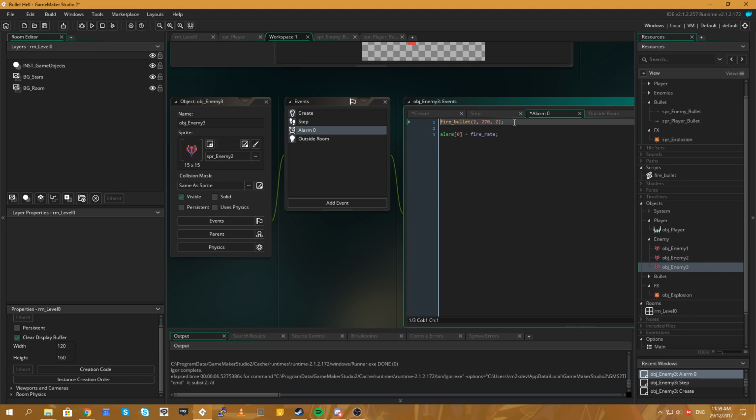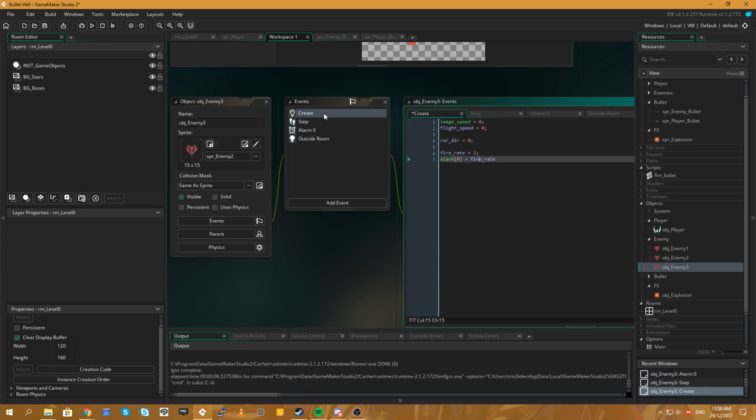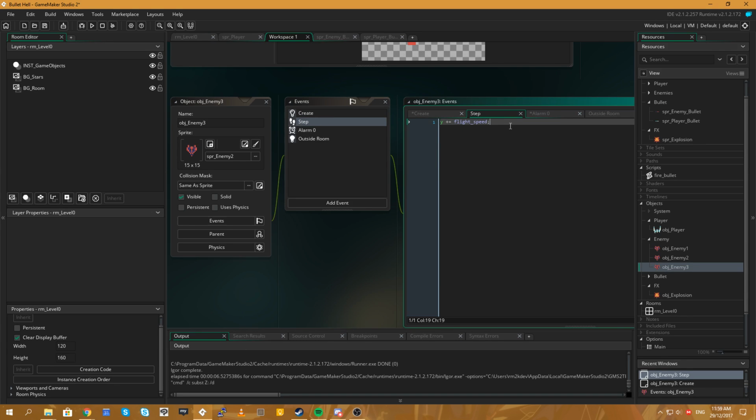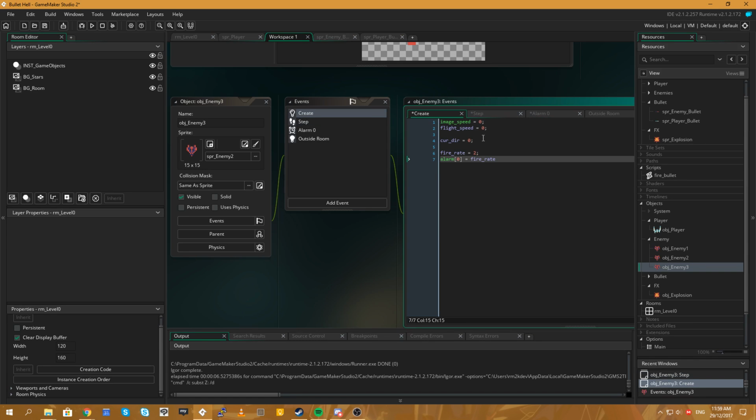In the step event, we will say current direction plus equals rotate speed. Okay, and then we'll create a variable in our start, rotate speed equals 0.1.